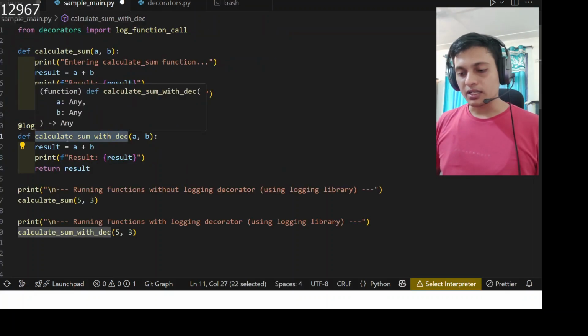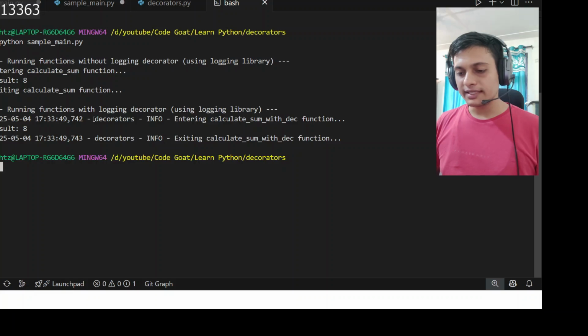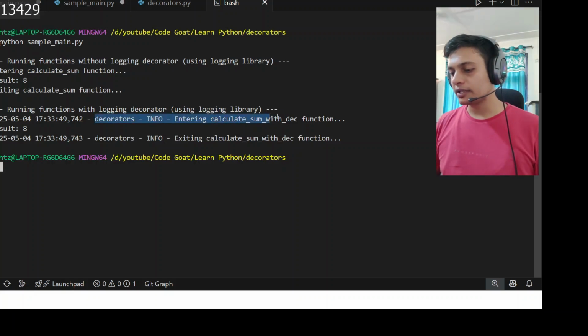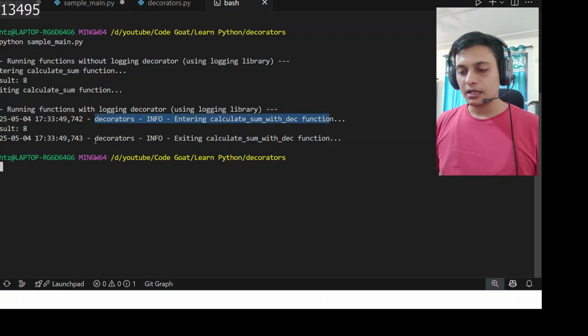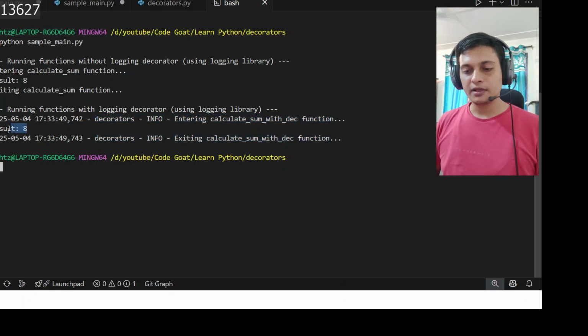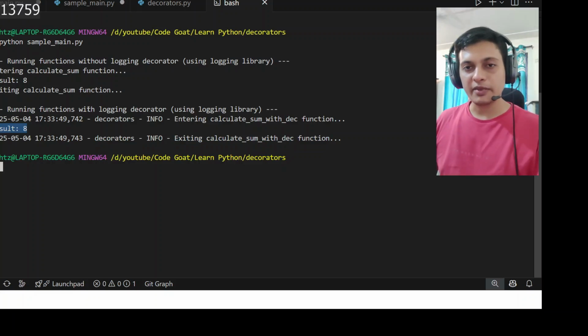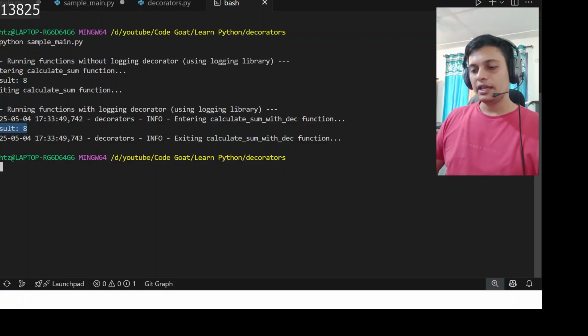Coming to this decorator one, all I just did is I wrote my logic and just print the result. I don't work to write some extra string in it. But at the output, what I see is, okay, entering calculate sum with def function, exiting calculate sum with def function, and the result. So here I can see that these decorators reduced my work, and also it provided me